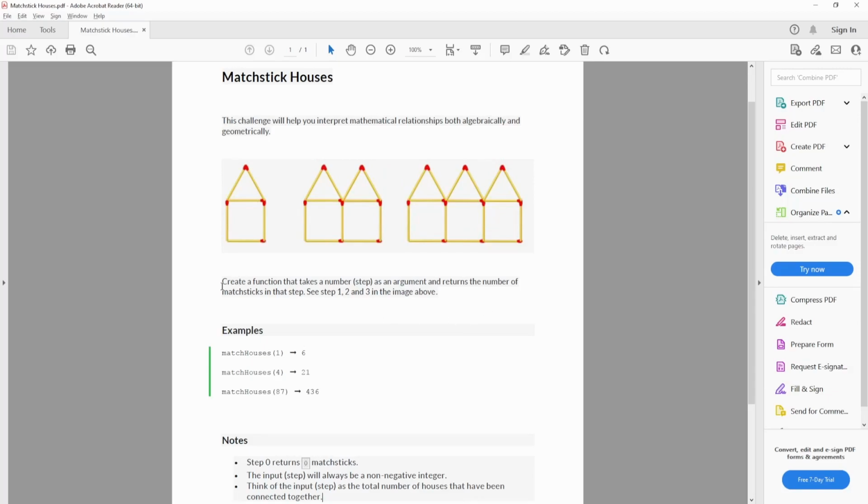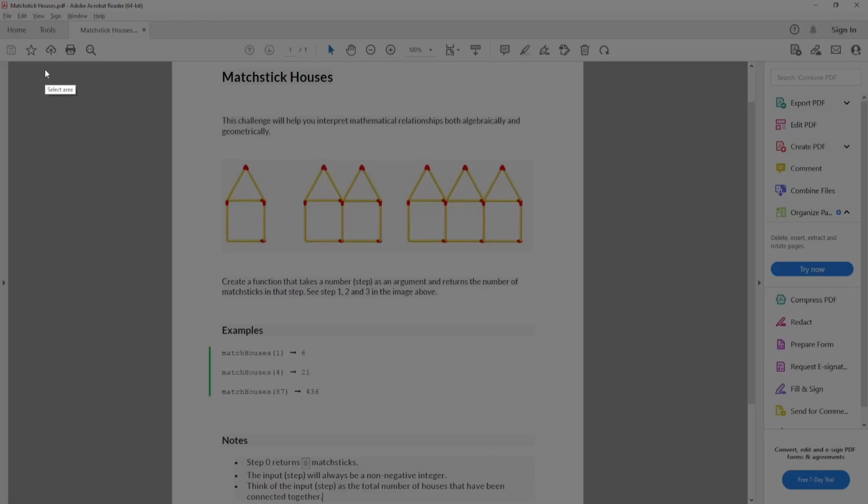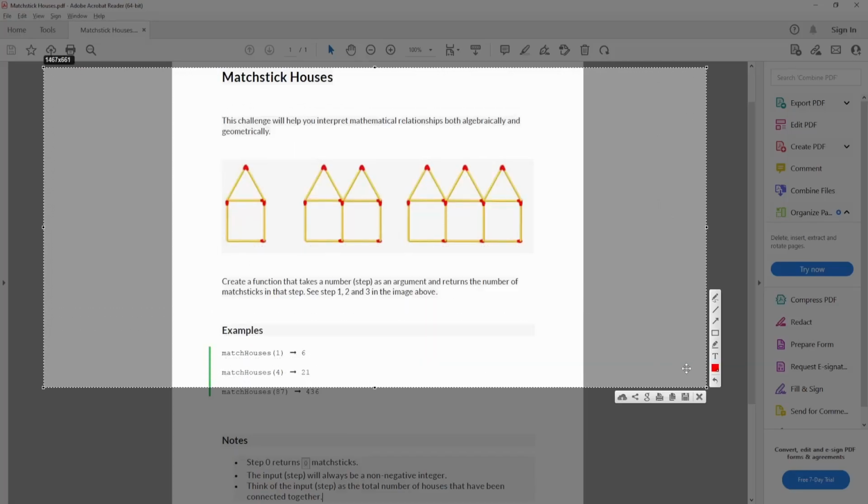Now let's look at this image and we need to understand what it is. So let me draw. So let me count for step 1. How many matchsticks do I have? It is going to be 1, 2, 3, 4, 5, 6. So for step 1, we are going to have 6